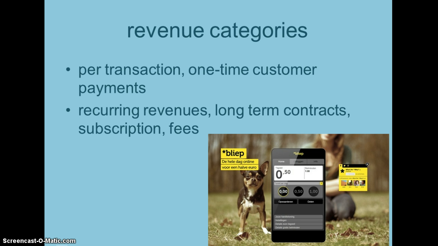This is one thing that you find, for example, with mobile phone subscriptions. Companies will try to establish a long-term relationship by giving you lower per usage fees. If you take a subscription, you can take prepaid, but in general it will cost you more per minute, per megabyte, per SMS bundle. So Bleep is a renewal innovating that model by offering, for example, a full day online for €0.50. That full day you pay 50 cents for,